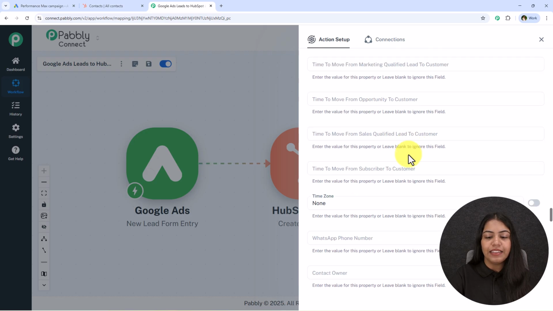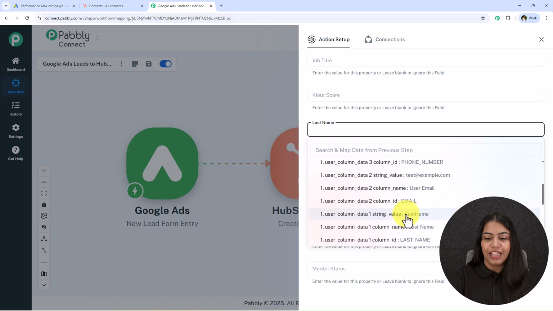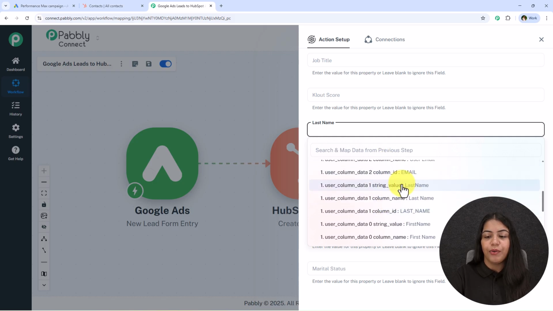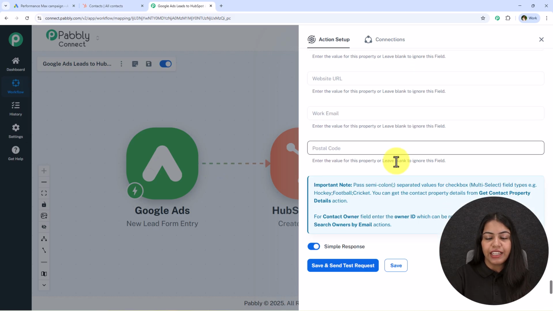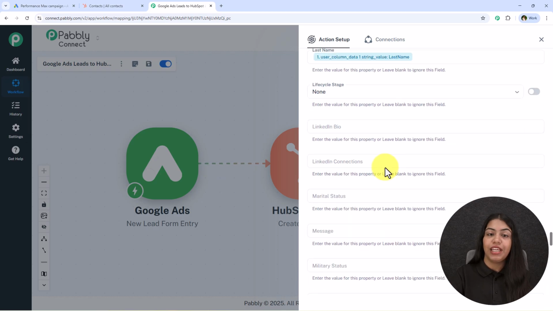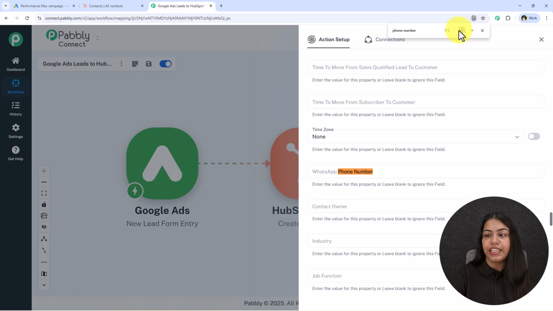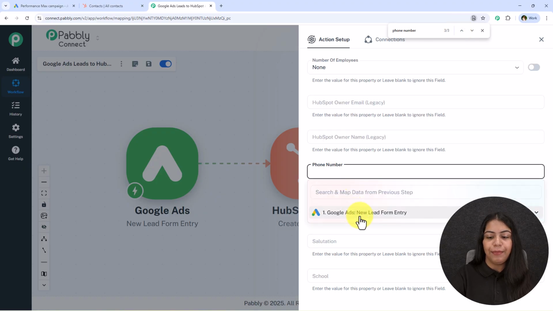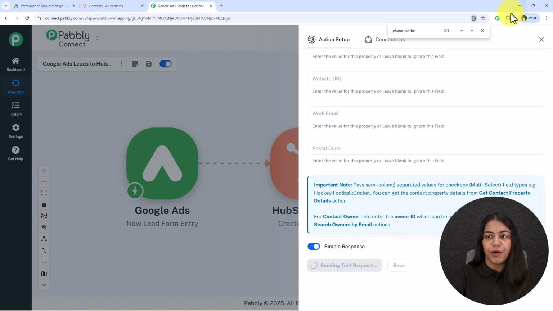Now let's map another detail which is required, like this last name. Let's map this last name. We have the last name of our lead. Alright, now let's move further. I just want to map the phone number too, but I can't find this phone number in so many fields. So what I can do is press Control F on my keyboard and search for phone number. If you want to enter some specific details, you can search for the details and map them like this. It is very easy. And now after mapping all of these details, we have to click on this save and send test